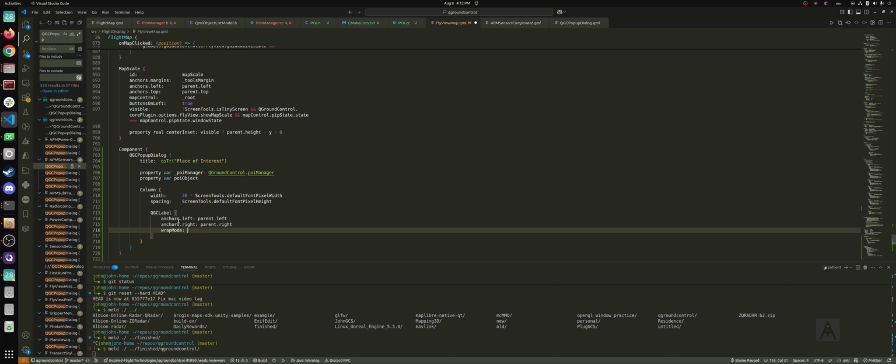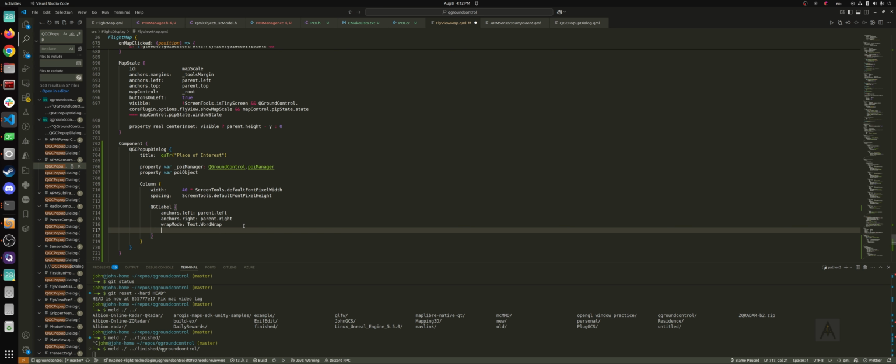But let's set the wrap mode of this. What that does is when the text goes over the amount, it will just create a new line. So it makes it so that the text doesn't just get cut off. It wraps. And then the text. So POI at, actually instead of POI at, let's do place of interest at, and then